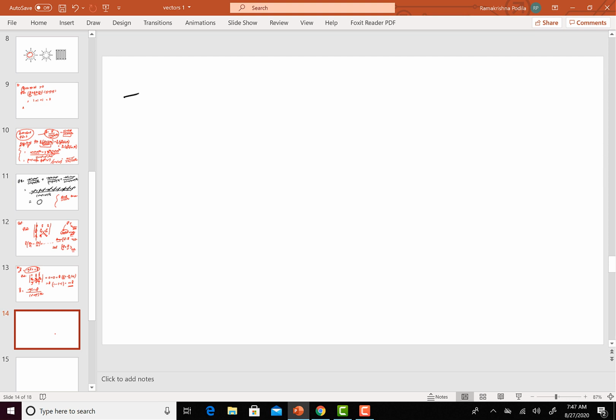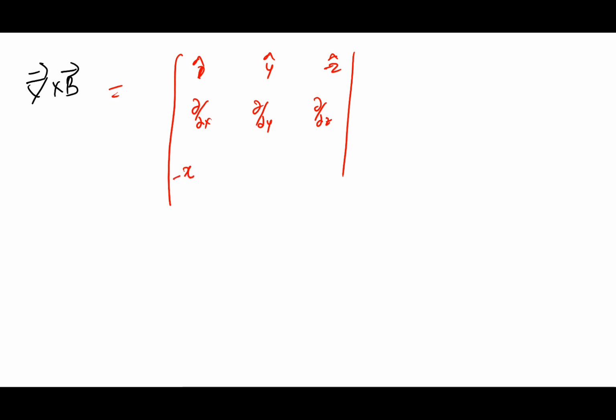So we want to calculate curl of B. So we write down x, y, z, dou by dou x, dou by dou y, dou by dou z, and I have x minus y divided by x squared plus y squared whole to the power 3 by 2. Then I have x divided by x squared plus y squared to the power 3 by 2, and then I